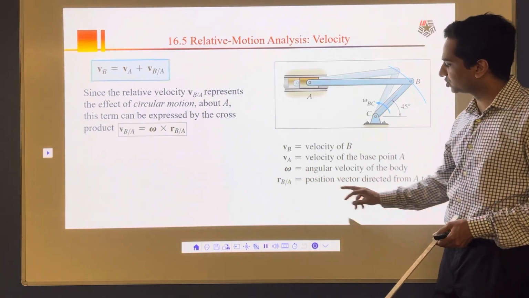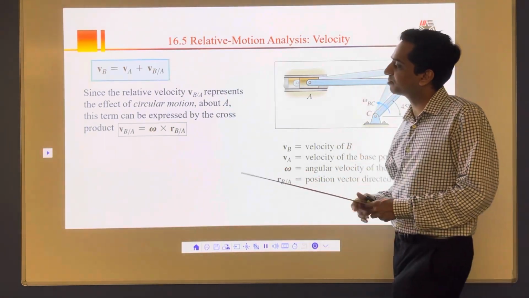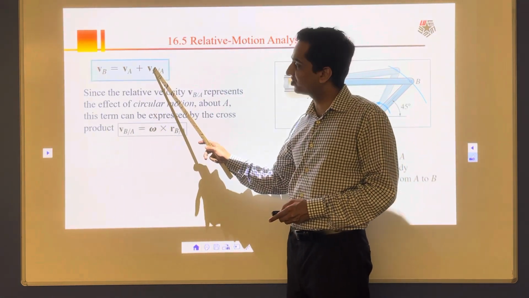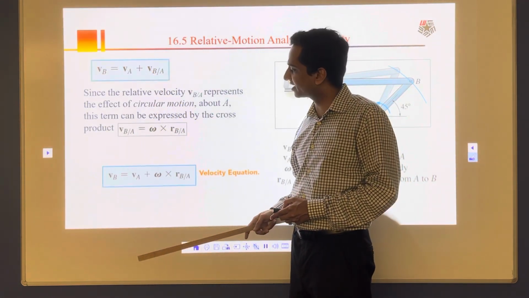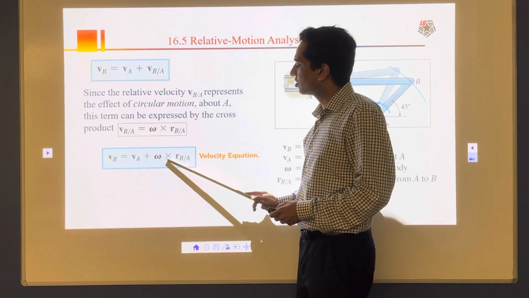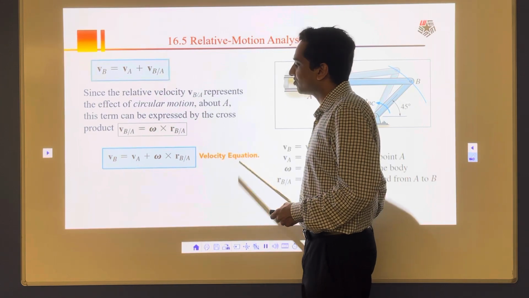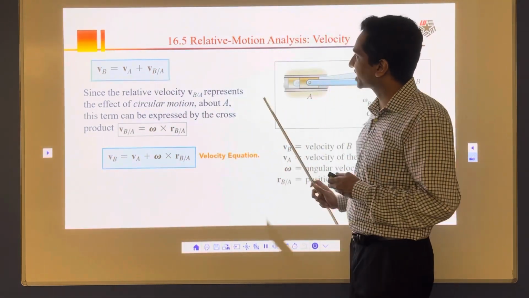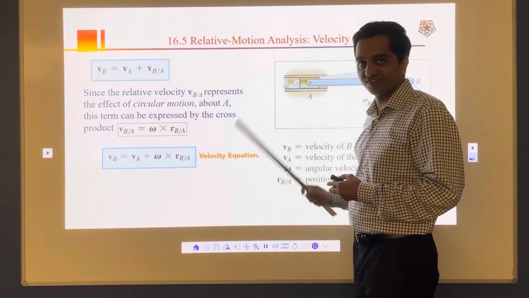RB by A is position, omega is angular velocity, and I'm going to take this value and plug it back in this equation, VB by A, and if I do that, I'll get another equation as VB is equal to VA plus omega cross RB by A, and that's my velocity equation. This is the equation. It will help me to solve these kind of problems with relative motion analysis